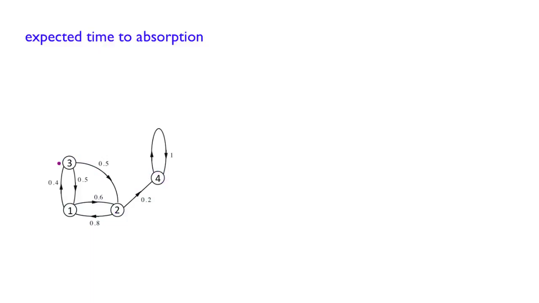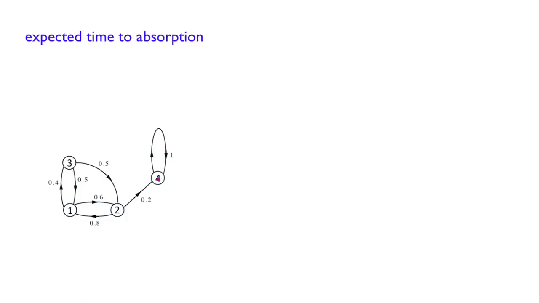But the question of interest is to know how long it would take to get to 4. In other words, how many transitions will you have to do until you reach 4? Of course, we don't know. It is a random variable. In fact, it's more than one random variable. It will probably depend on where you started. Starting from 2, 1, 3, or 4 would lead to different random variables.